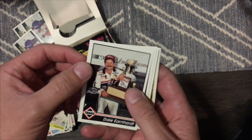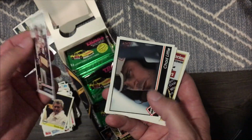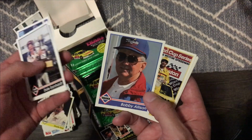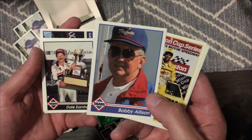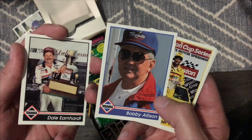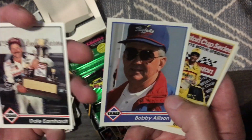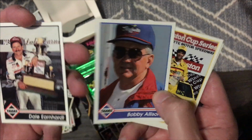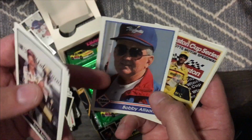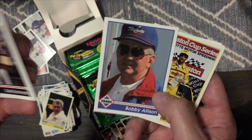There, that's a great card to have. Yeah, it's off-center just a little bit to the right. Bobby Allison, 1988. If you don't know much about Bobby Allison, part of the Alabama gang, brother of Donnie, 1979 Daytona 500. If you aren't familiar with that race, I recommend checking it out. At least a clip on YouTube that shows the last couple of laps, because Cale Yarborough and Donnie Allison, Bobby's brother,